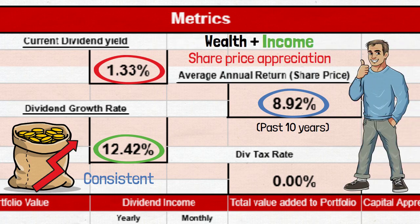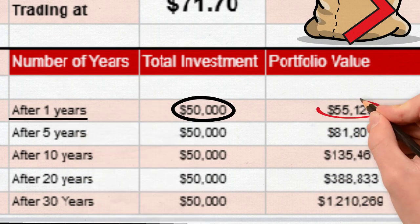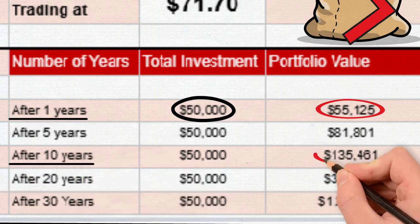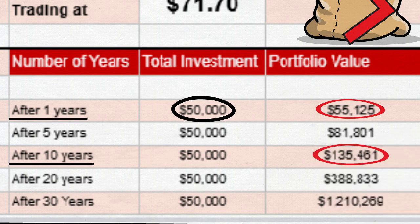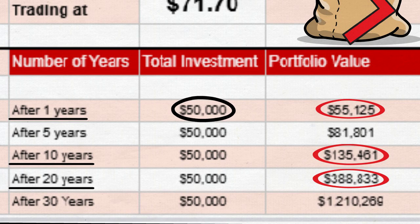Now let's look at how your investment could grow. If you were to invest $50,000 in FHLC today, after 1 year, your investment would likely grow to around $55,125. If you stay invested for the long haul, in 10 years, your portfolio could reach approximately $135,461. Fast forward to 20 years, and that investment could grow to around $388,833. Finally, if you hold on to FHLC for a full 30 years, your portfolio might be worth an impressive